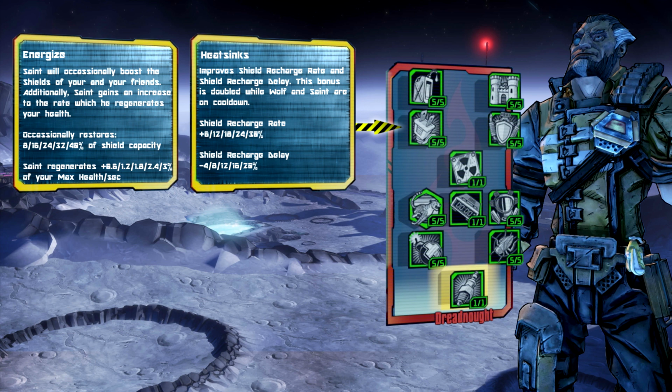So it doesn't tell you how likely it is that the Saint will bolster your shields. It just says it's an 8 to 40% boost, but we have no idea how often this will happen. And 3% health regeneration isn't bad by any means. It's pretty okay, but